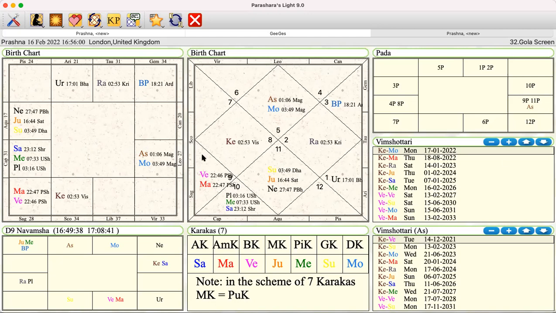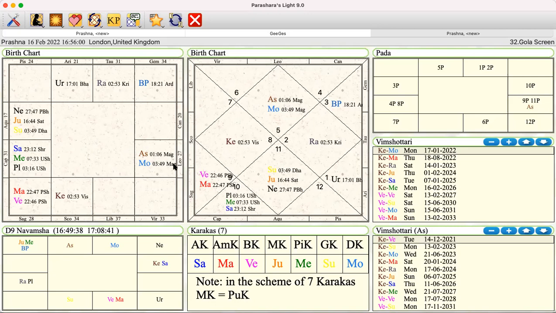For example, Magha is the nakshatra, or fixed star, that the moon is in. So if this person were born tomorrow at that time, there would be a Magha moon and actually a Magha ascendant as well, which is fantastic when ascendant and moon are so aligned. It means the body and mind are on the same path, which makes life so much easier. This is why sometimes people have all these issues in life, because what the mind wants to do and what we're supposed to be doing are two separate things. The moon has difficulties with that.